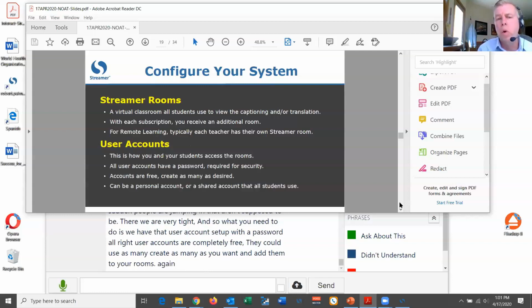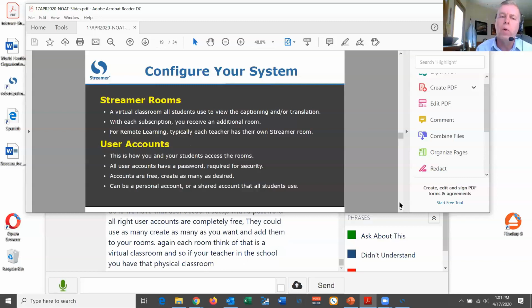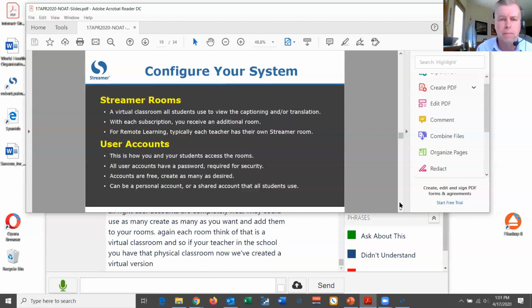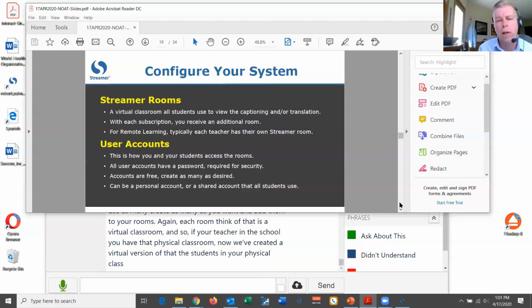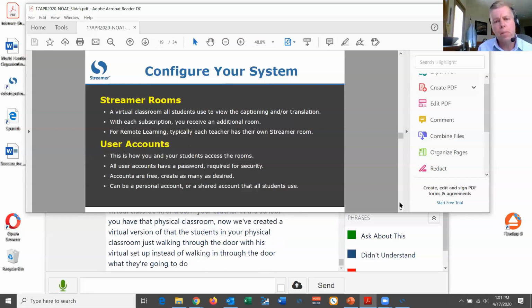Again, each room, think of that as a virtual classroom. And so if you're a teacher in a school, you have that physical classroom. Now we've created a virtual version of that. The students in your physical classroom just walk in through the door. With this virtual setup, instead of walking in through the door, what they're going to do is log in.